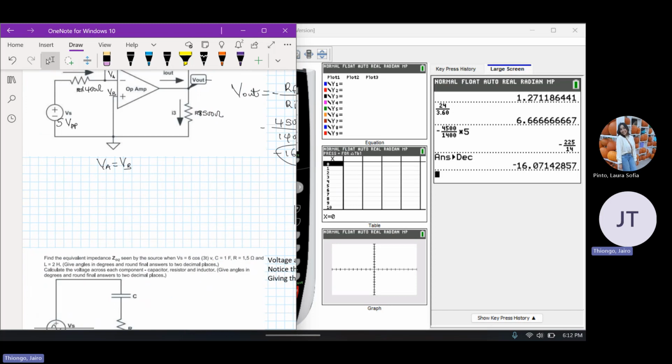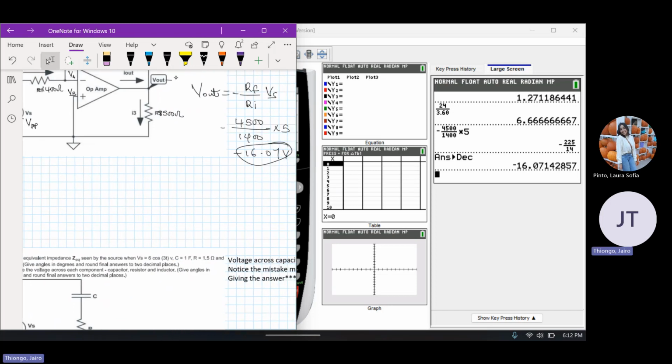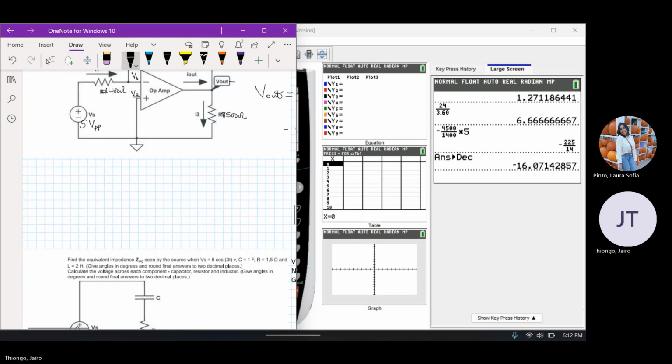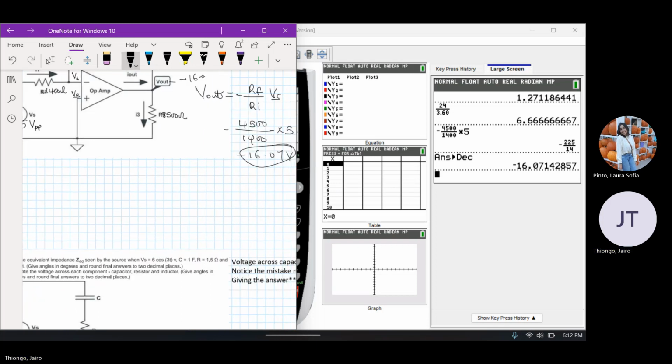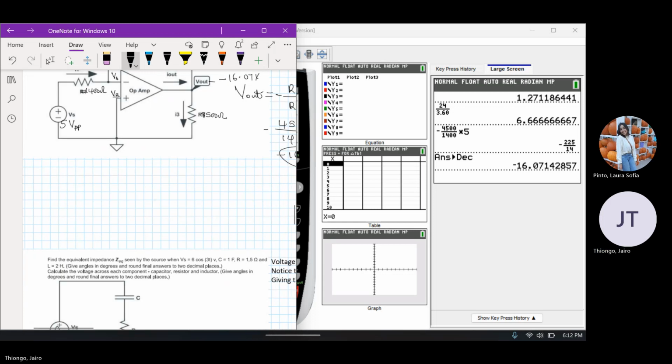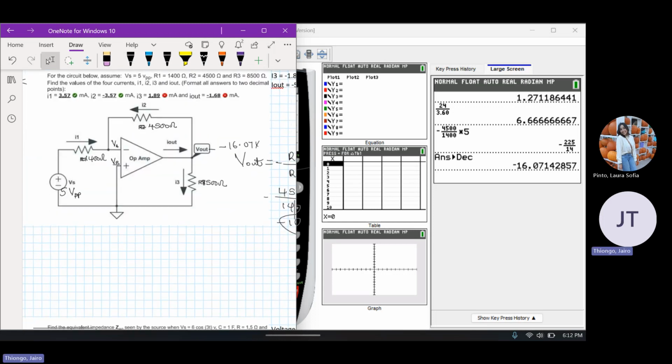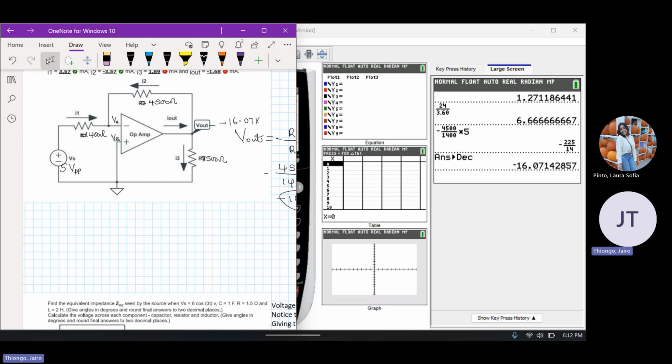I'm going to do it over here. Our V out is given as minus 16.07 volts. So the next thing we do is that we employ KCL, Kirchhoff's current law, to find the different currents. So we already know that. So here, our current will be